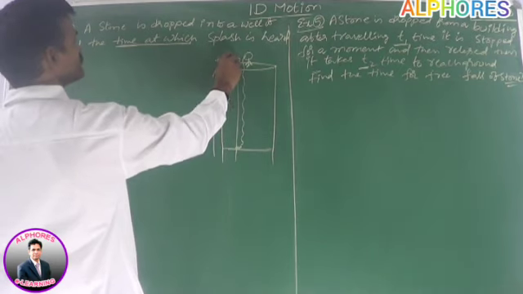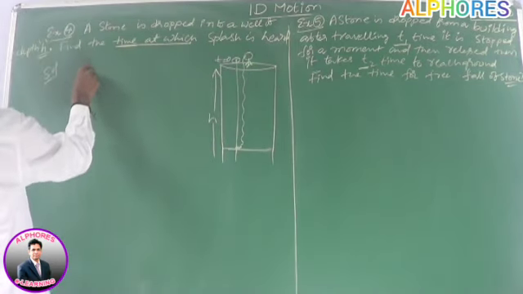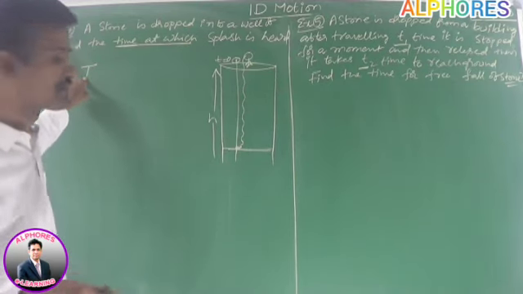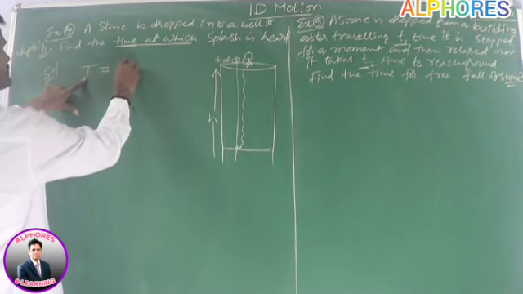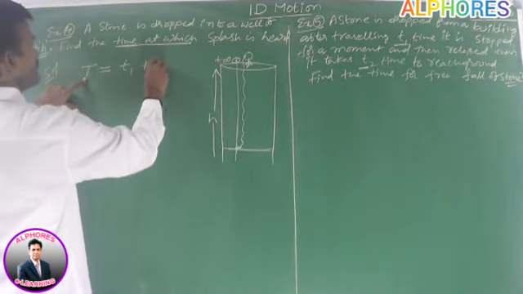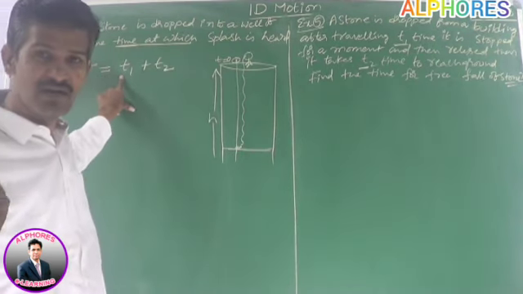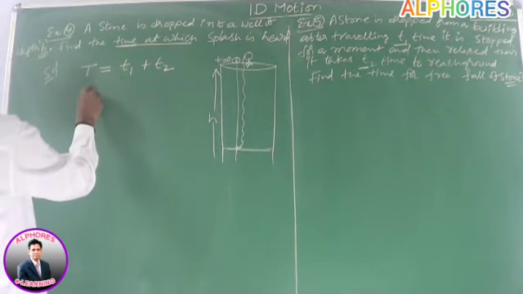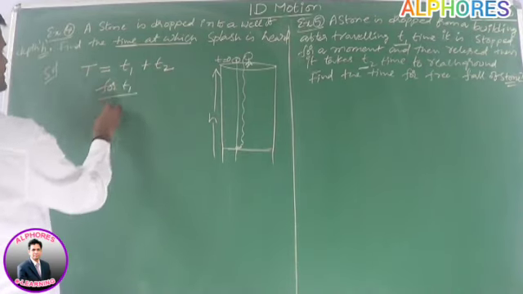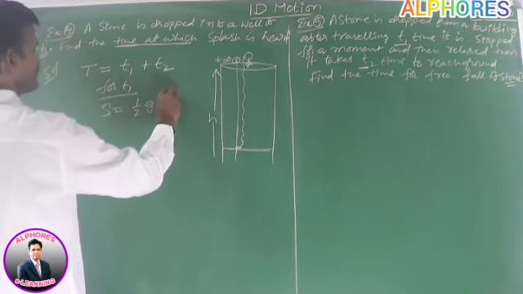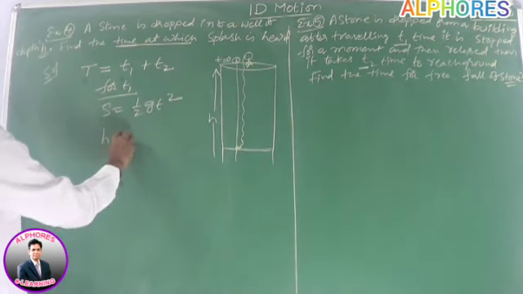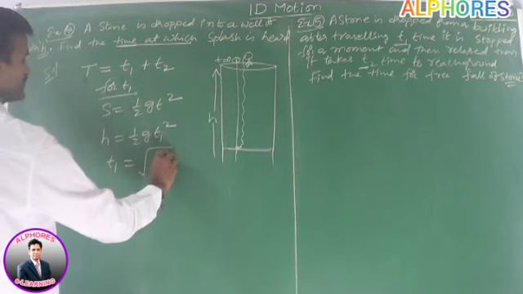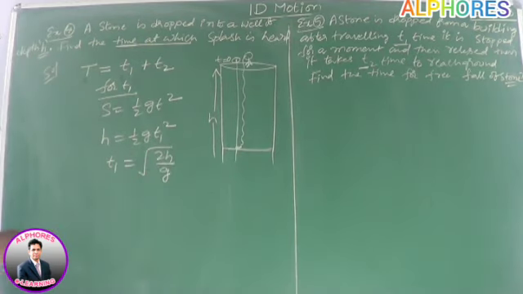So here, the time at which the splash is heard. Suppose at t equal to 0, this stone is dropped. The total time for the splash to be heard is some t. The t can be divided into two parts, t1 plus t2. What is t1? t1 is the time taken by the stone to reach the bottom of the well. For t1, I am using s is equal to half g t square. In this, s is equal to h, so h is equal to half g t1 square. This t1 is under root 2h by g.